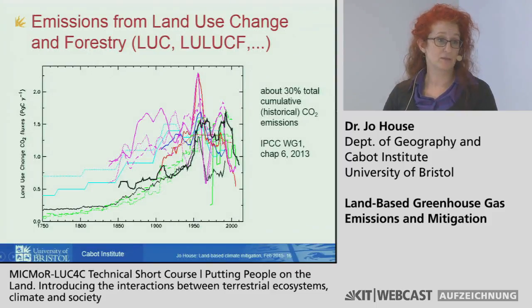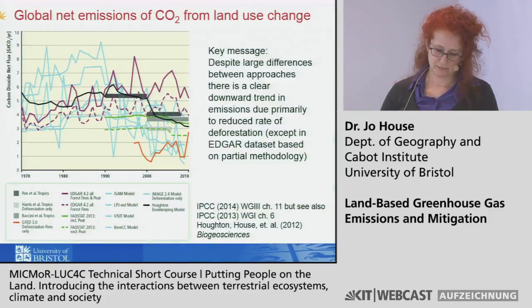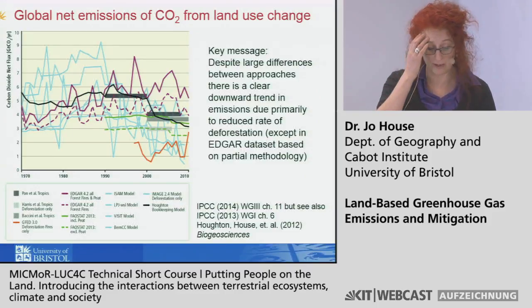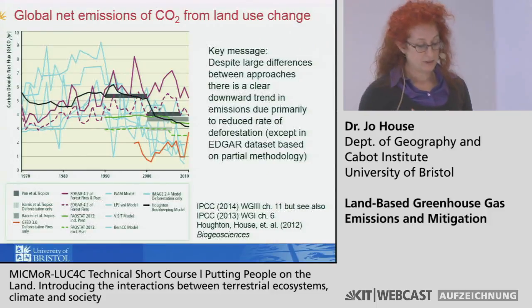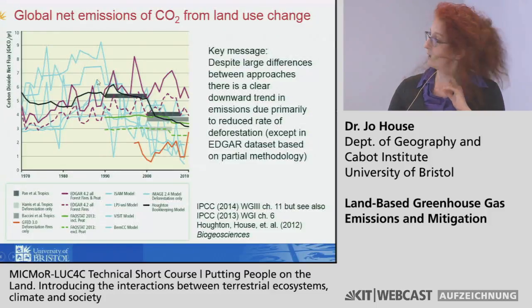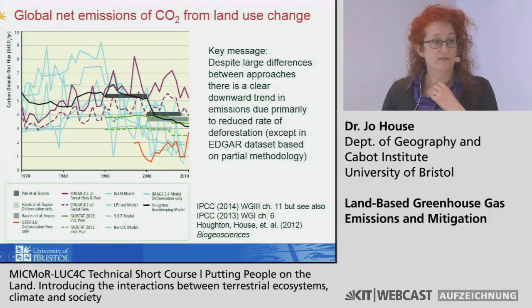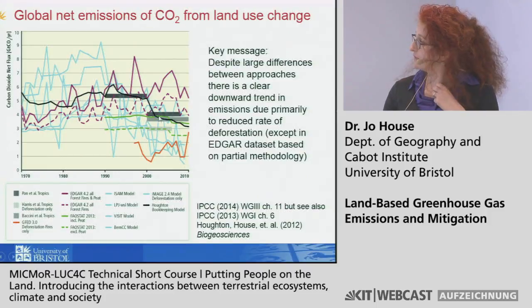So this is the one that was in the IPCC Working Group 1, and the black line's Houghton, and the other lines are lots of different models. And then this is the one we put in Working Group 3, a little bit different, because I was trying to make a different point here. I'm talking to a slightly different community, and also some new methods have come out. So I'm just going to run through these a little bit. We've still got Houghton here as the black line, and the blue lines are still different DGVMs. I just mentioned that FAO are doing their own emissions estimates, and these are the FAO emissions estimates here, and they're with and without peatlands.